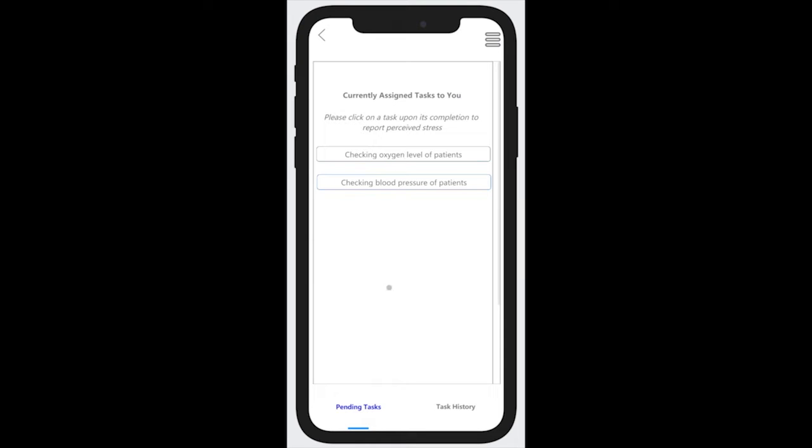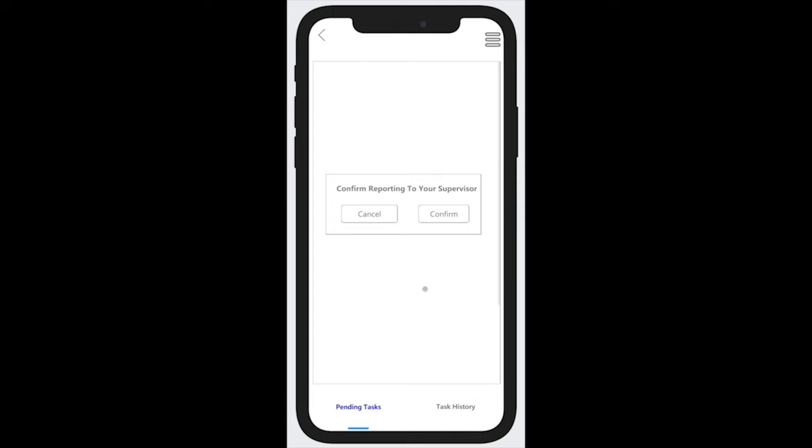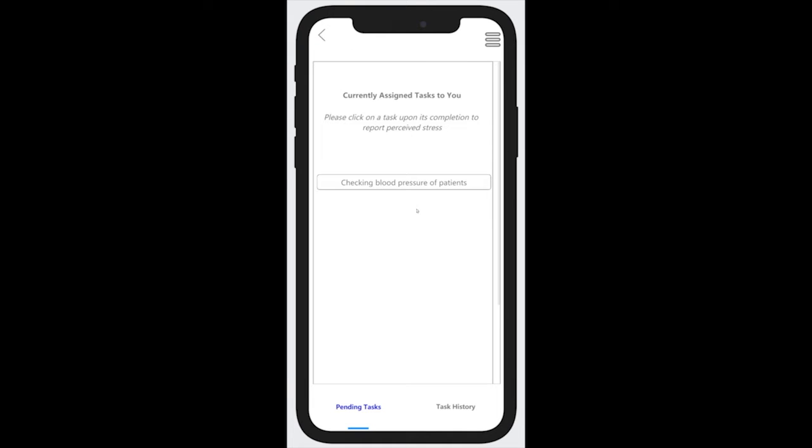So if the task is completed, then the user can click on a task and there will be an option to select the perceived stress level. So the stress level can be reported to his supervisor. Okay. So if we go back to the home screen,